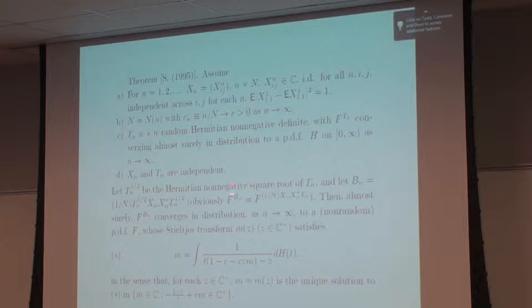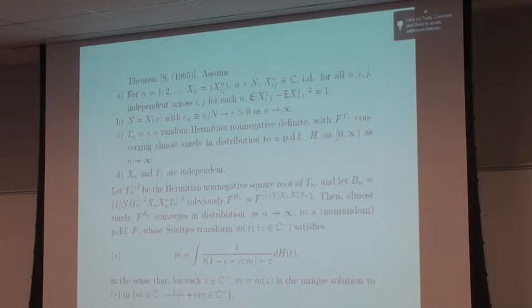Denote this by the Hermitian non-negative square root. It could be any non-negative square root. In fact, once we get a result on non-negative square roots, this matrix here, when we pre and post multiply, can be any rectangular matrix that you want. It's just that the population matrix will be that matrix times its transpose. But for convenience sake, we can take it to be the non-negative square root of Tn.